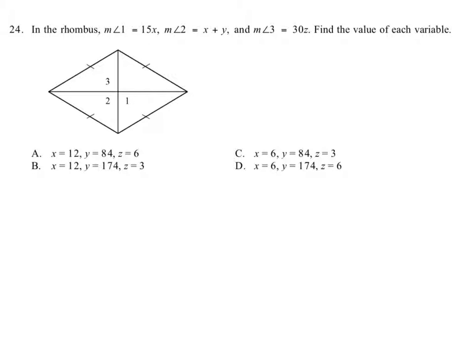Okay, so in the rhombus, they give us the measure of angle 1 algebraically in terms of x, the measure of angle 2 algebraically in terms of x and y, and the measure of angle 3 in terms of z. Find the value of each variable. Well, we wouldn't be able to do this except that theorem,